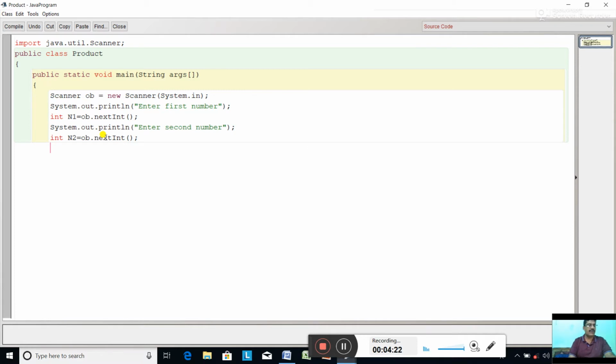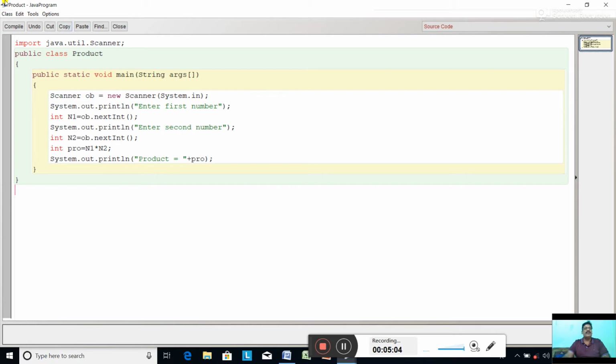Now to find the product, we take the variable pro for the product: int pro equal to n1 * n2. This will find the product. Now print the output: System.out.println("Product = " + pro); close the bracket, semicolon, enter, close.